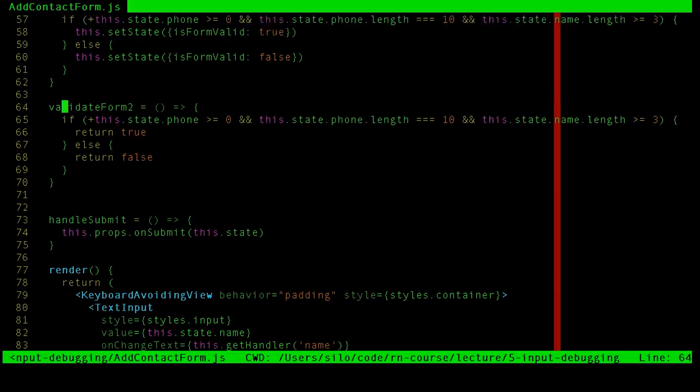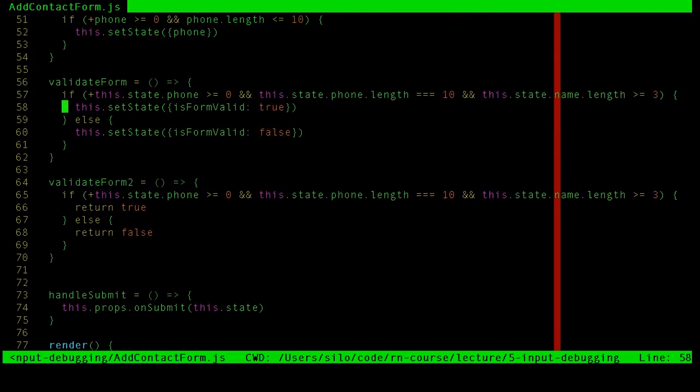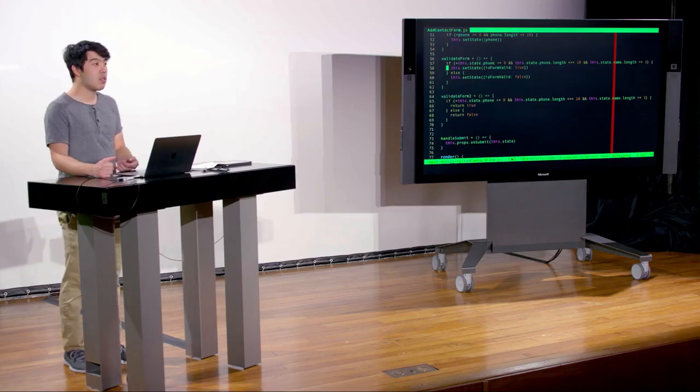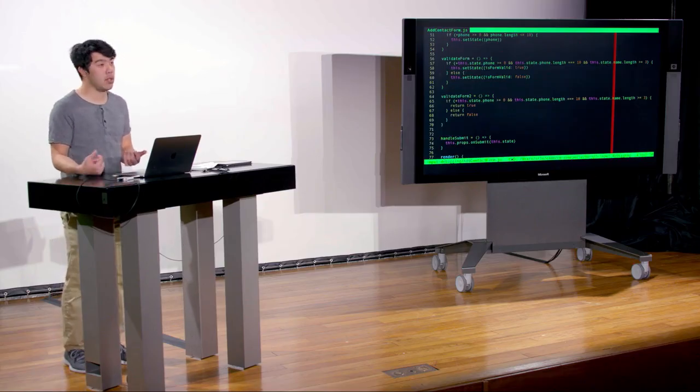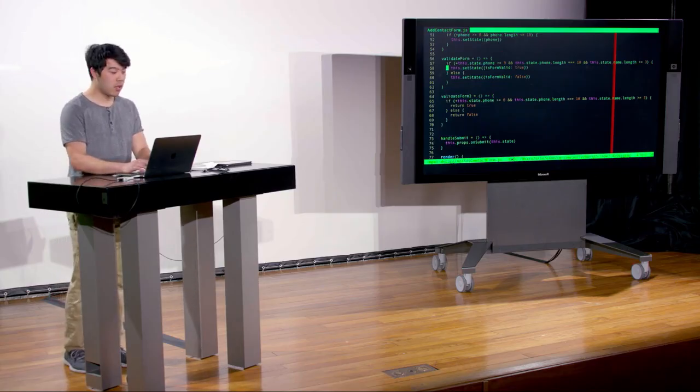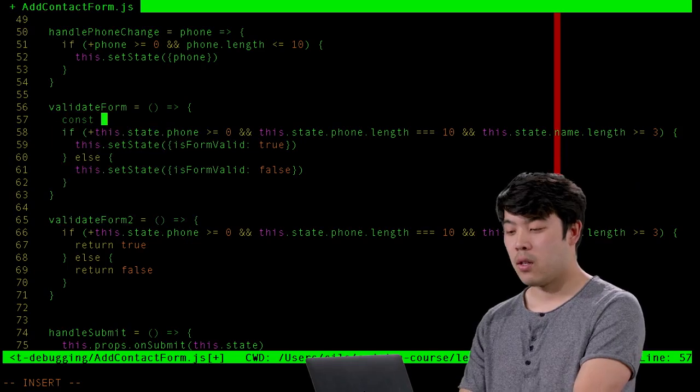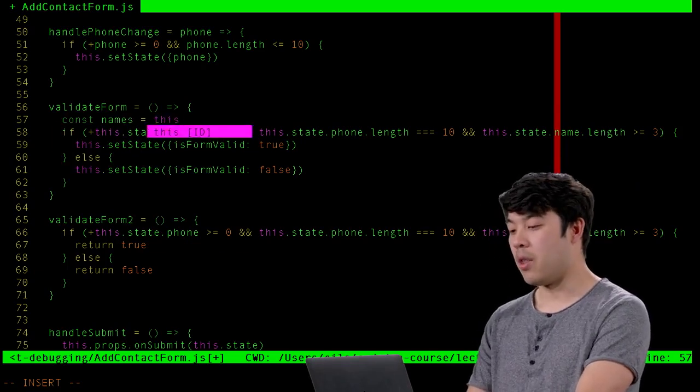So let's go ahead and, rather than using this .state.name.length to check name, let's try to enforce that the user have both a first name and a last name. And so let's use that in order to decide whether the form is valid or not. And so how might we do that? How do we check to see if the user has given us both a first name and a last name? We can just count how many words are there, right? So let's go ahead and do something like const names equals this.state.name